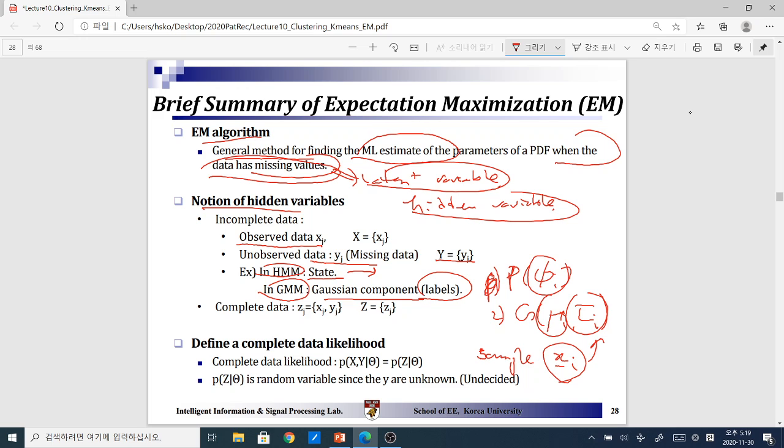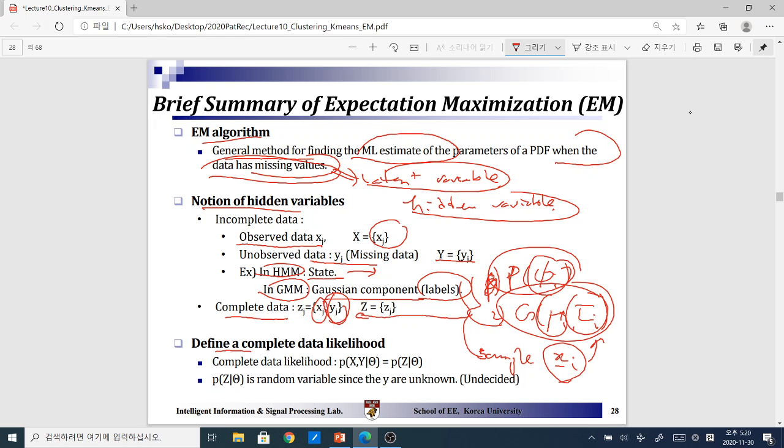So in order to have complete data, we are not going to just have the data here, but also these data that are going to make up Z so that Z becomes complete. So the Y, the missing data, in the case of the Gaussian mixture model, would be this as well as this.